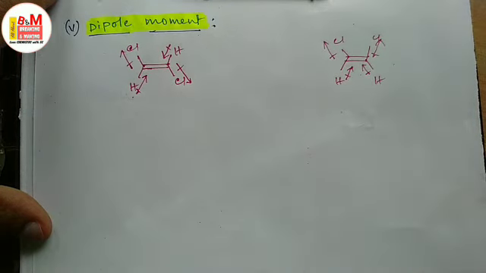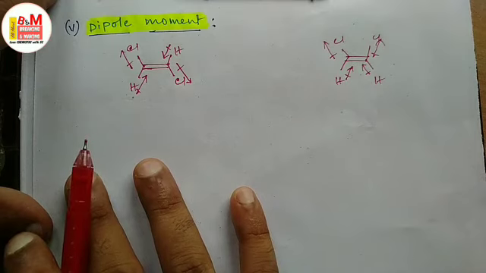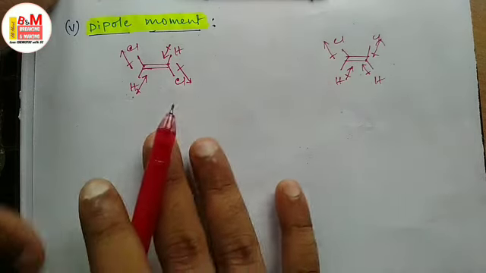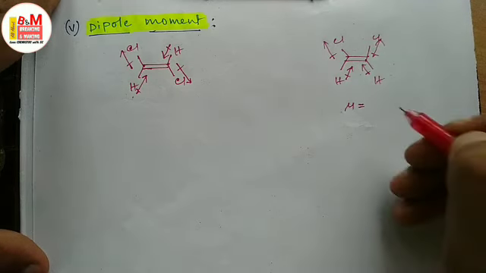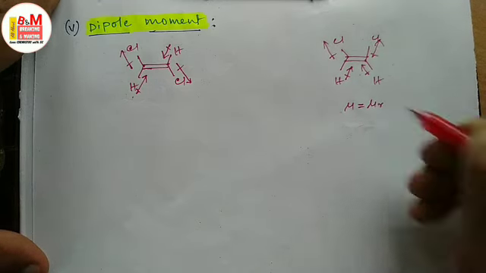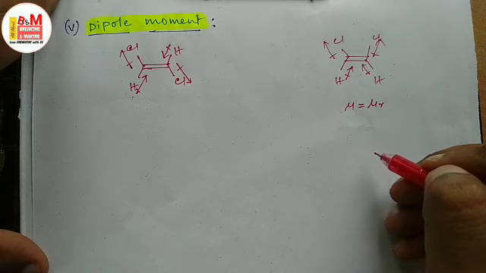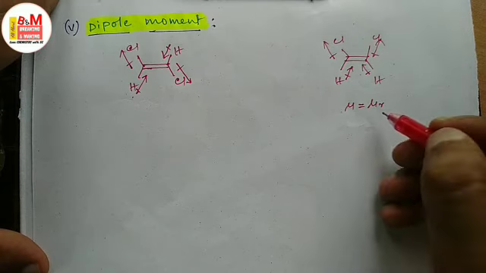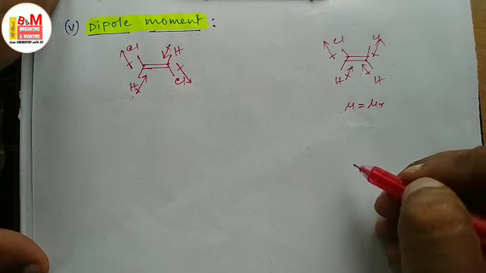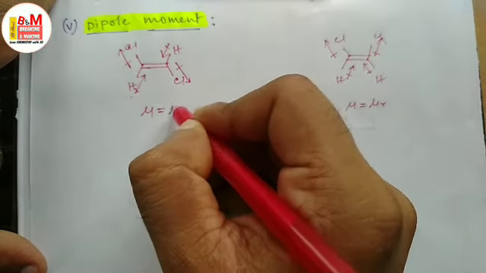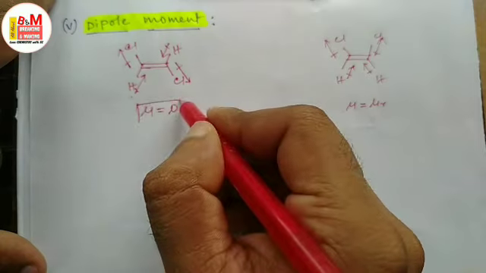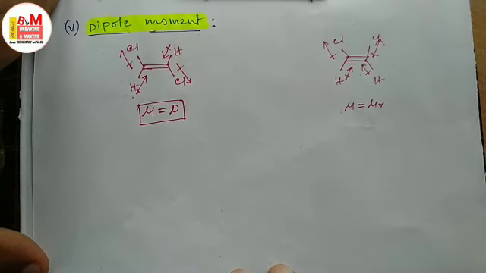So if we consider the dipole moments of these two different molecules, then we will find that this molecule has a definite dipole moment, say mu r. I cannot remember the exact value of this dipole moment, so I say this is mu r. But here this molecule has a net 0 dipole moment. Now what is the reason of being zero dipole moment here?